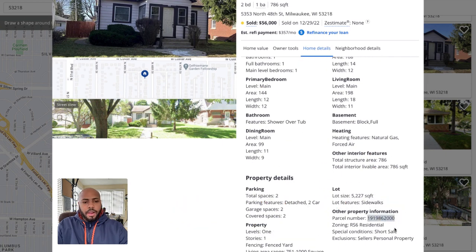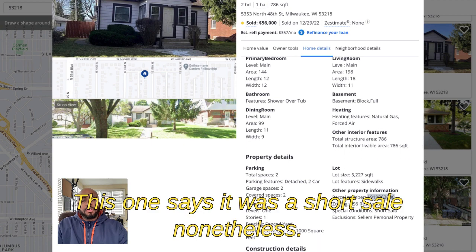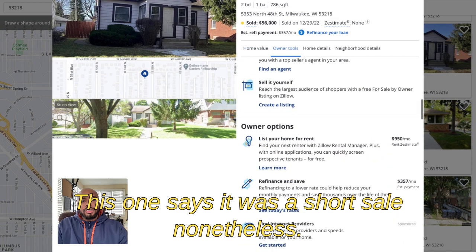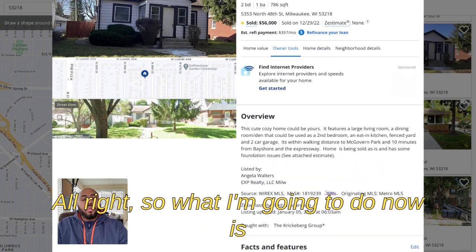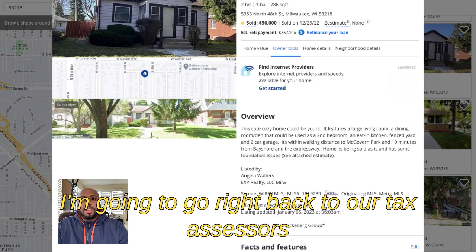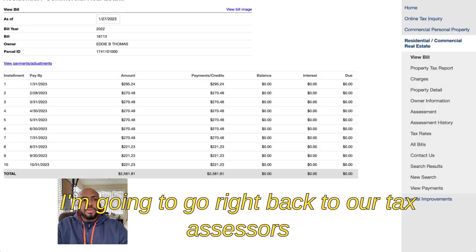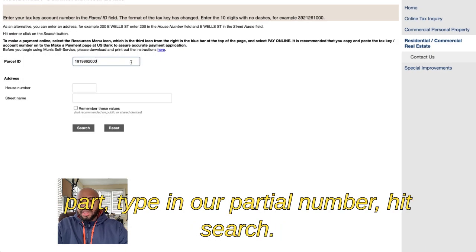This one says it's a short sale. So, okay. Nonetheless. All right. So what I'm going to do now is I'm going to go right back to our tax assessors part, type in our partial number, hit search.